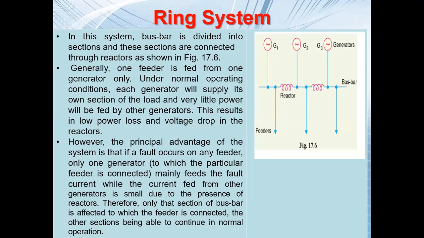You see, this is connected in series with the bus bar. If there is a fault on this side, let us say on this feeder, this particular fault current cannot enter into this side. So ultimately only this particular region is affected, and the reactor will not allow the fault current to flow into this other generator or these other feeders. That means we are basically localizing the fault into a particular region, so that the other generators and other feeders will not be affected. Is it clear how this ring main system will operate?